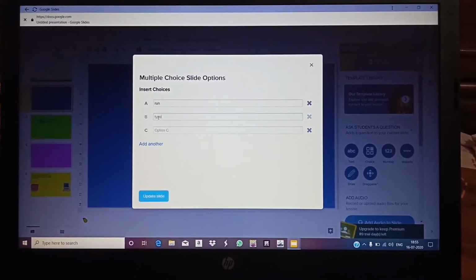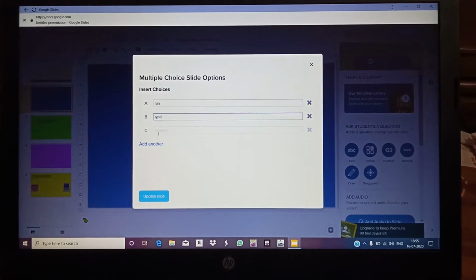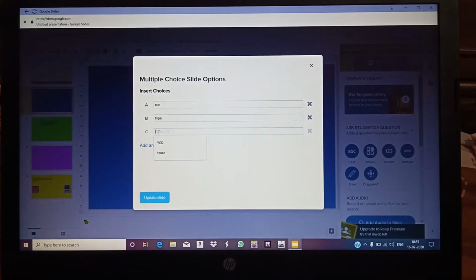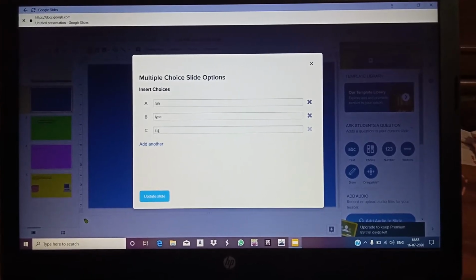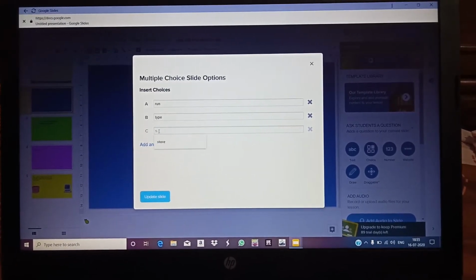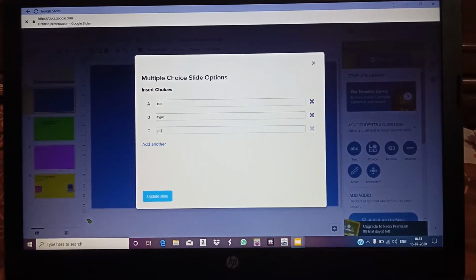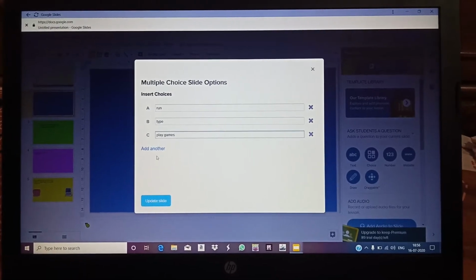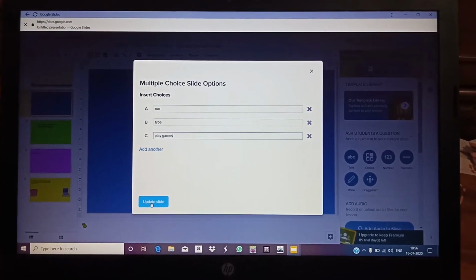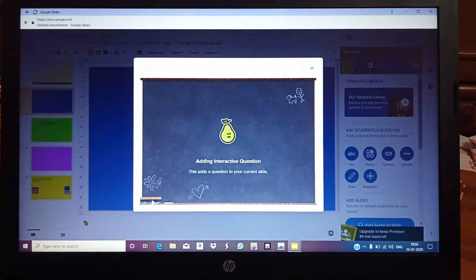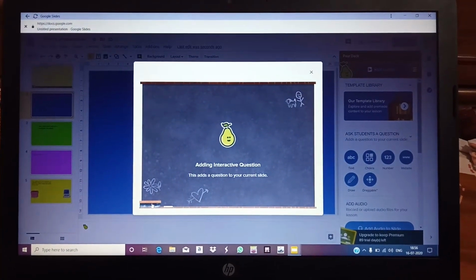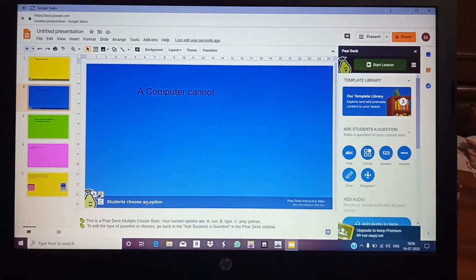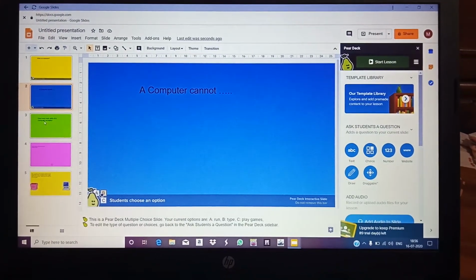So I am giving 1 right and 3 wrong answers. Sorry. Type... play games. Okay, if you want to add another, you can. If you don't want to, you just update the slide. They are updating the slide. Now you can see: students choose an option. This slide is ready.